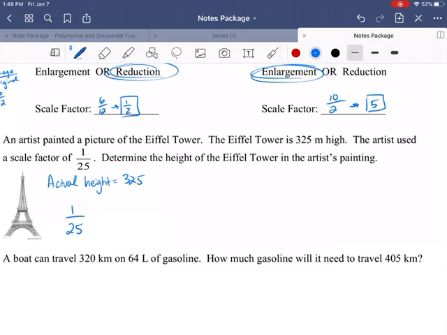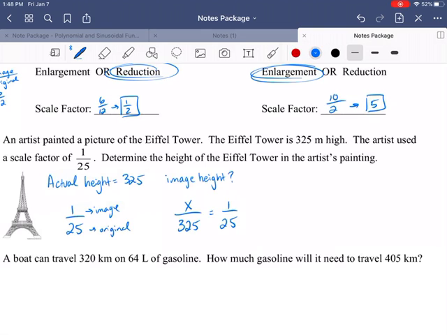So if we think about what this means, this is the image, and this is the original. And we are looking for the image height. That's our unknown. So if we start with our unknown, the image height, call it x, and divide that by the actual height, 325, we can set that equal to our scale factor,